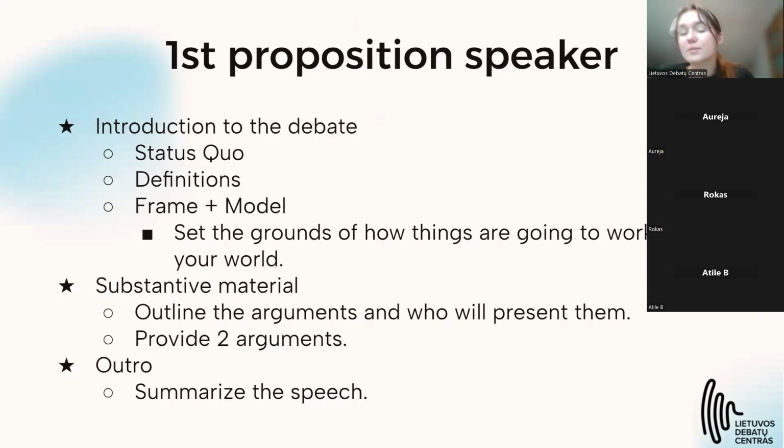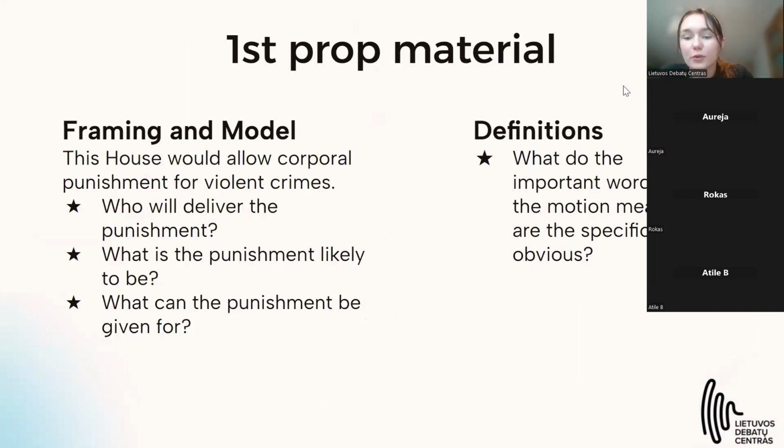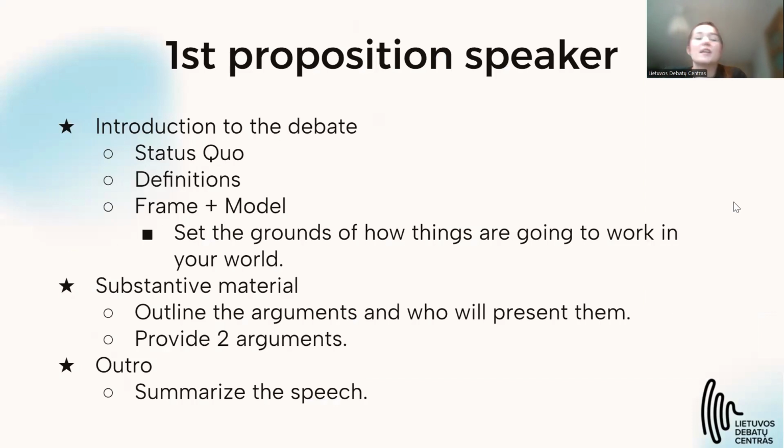Okay, so for first proposition speakers, what is important for you to know? Firstly, what you have to do essentially is introduce the debate, right? What does this look like? Firstly, you have to introduce the status quo, or in more simple words, you simply have to describe how the world looks like right now and why it is bad. You come up as a first proposition speaker and you tell the judge that the world is burning down because some resolution has not been implemented. This is of course an extreme example, but this is essentially what status quo means. These are the first words, the first sentences that you have in your debate.